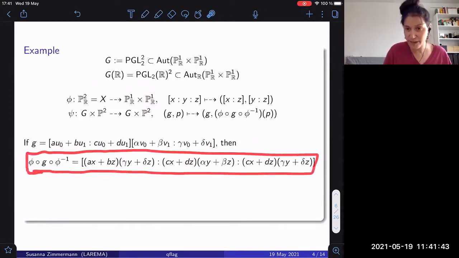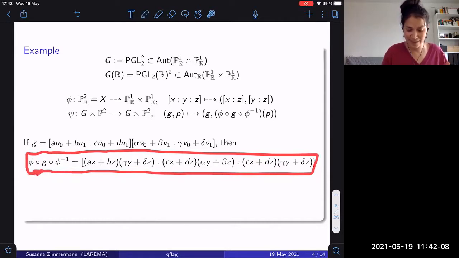So this is a quadratic map, as you can see, and quadratic maps are not automorphisms of P2. They are not defined everywhere. For each A, B, C, D, alpha, beta, gamma, delta, this map is not defined in at most 3 points, and it contracts between 1 and 3